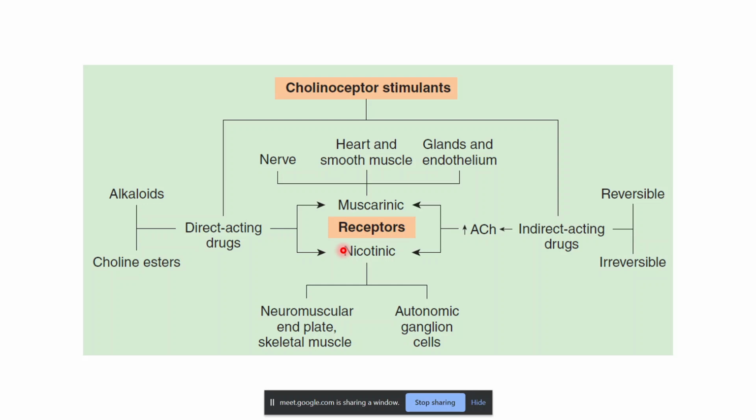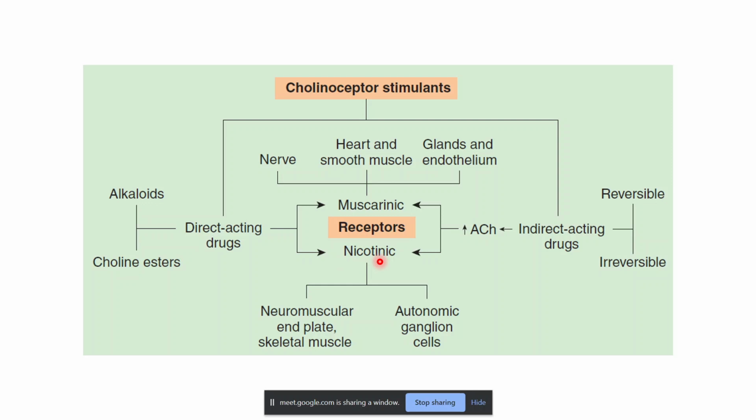And when the acetylcholine was identified, it was identified that both muscarinic and nicotinic receptors are activated by acetylcholine. Cholinoreceptors are a member of either the G-protein linked or ion channel families on the basis of the transmembrane signal mechanism. So the muscarinic are G-protein coupled and nicotinic are ion channels.